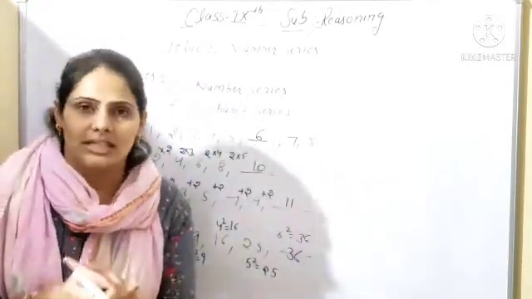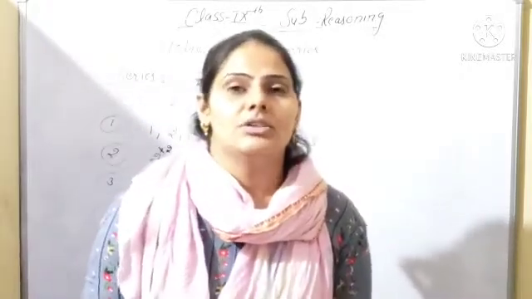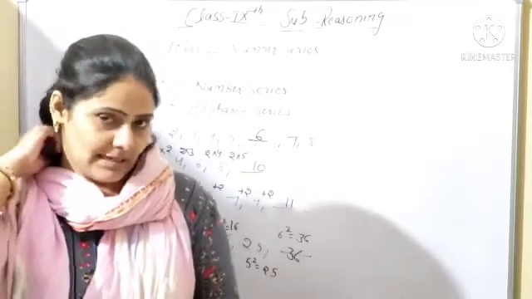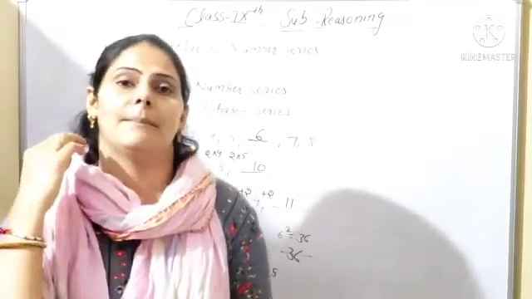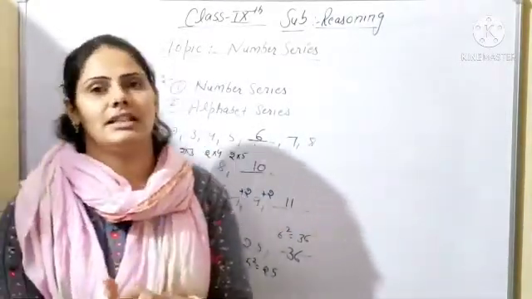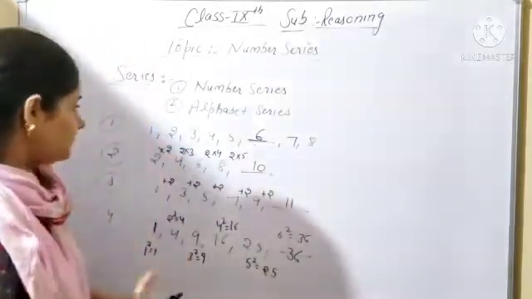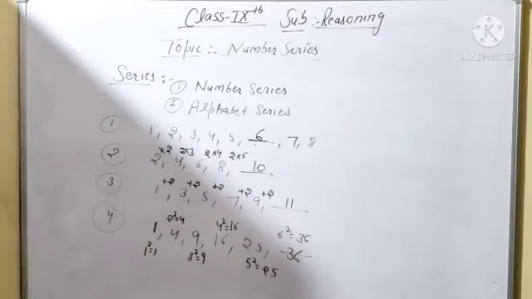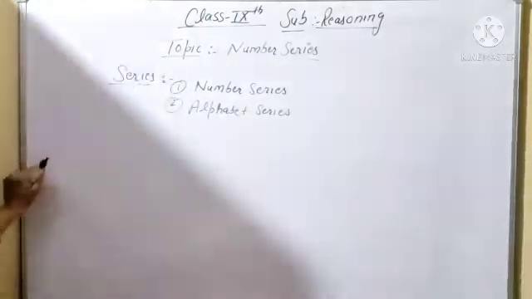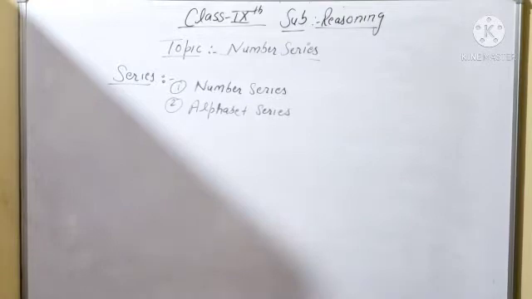The first exercise examples I have sent you on the group. I think you have checked what the questions in the first exercise are. Simple number series is given. You have to start from the examples and complete all the examples. After that you will start the exercise. Before starting the exercise, some examples are given first, so I will start from the examples. For example, I am first explaining 3-4 examples. After that we will start our exercise. So it is given, beta, 1, 6, 15.